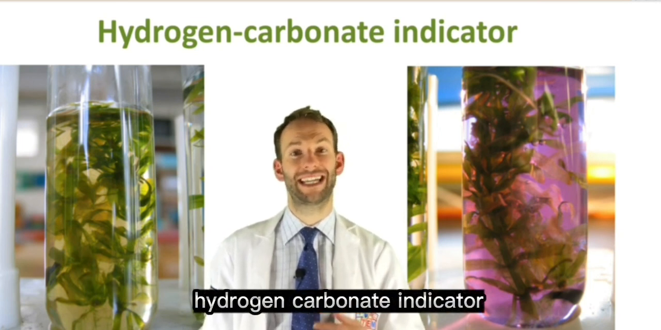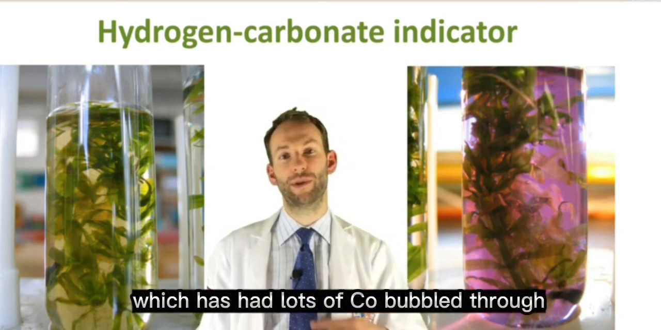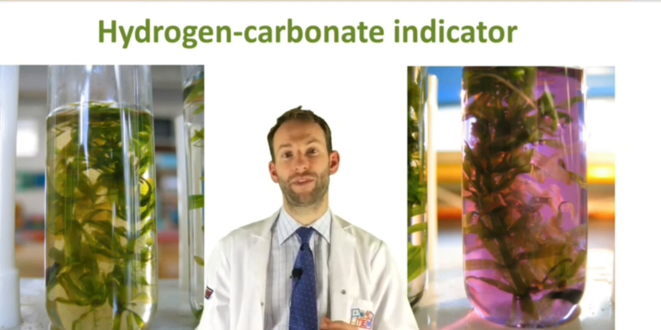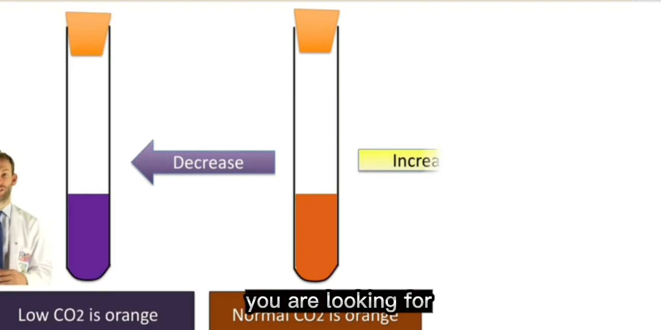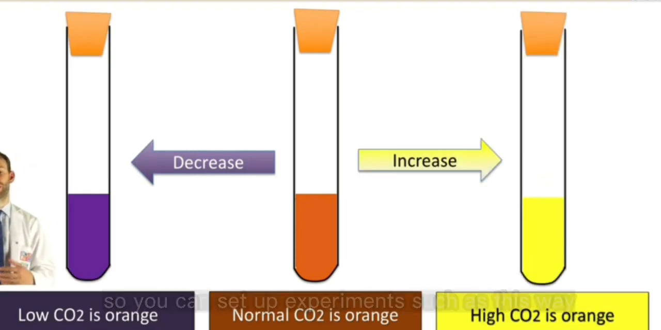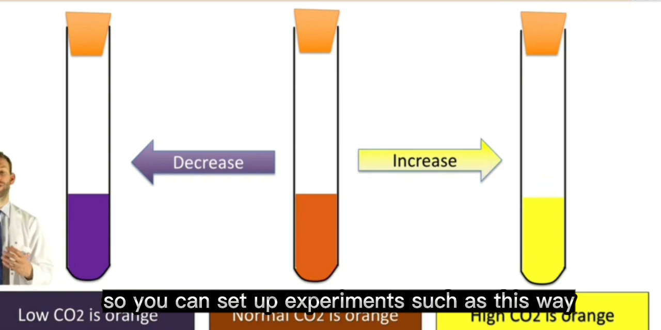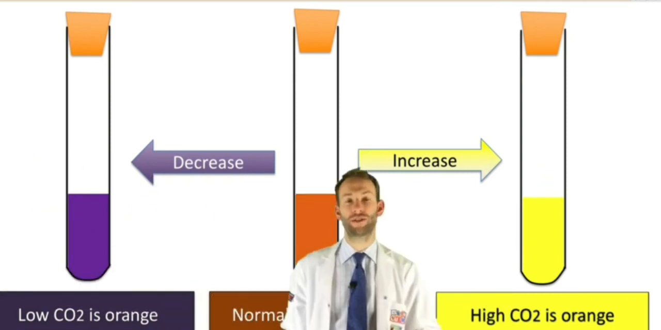Hydrogen carbonate indicator, which has had lots of CO2 bubbled through it, should be really yellow. And then as the plant uses up more and more of that CO2, it should go sort of yellow to orange to purple. And so that's the kind of colour change you are looking for depending on how much CO2 there is. So you can set up experiments such as this, where maybe you've got 4 tubes, 3 with leaves